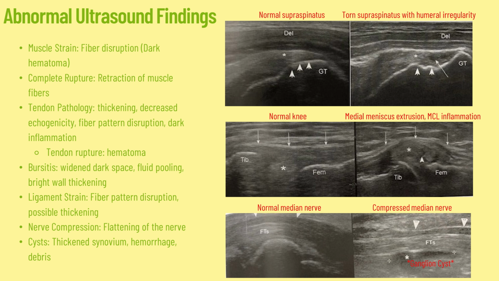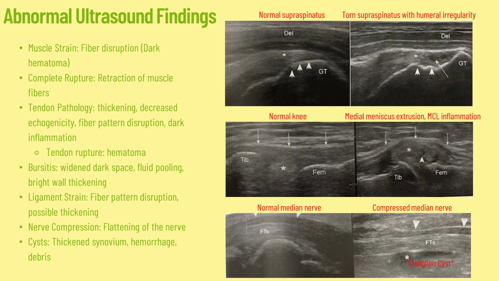And then lastly, we are going to look at the very bottom image here, and we have on the left a normal median nerve. So the nerve, again, in the median is going to be near the tendons. So it's going to appear as dark. All right, so we have that median nerve, nice, circular, has a lot of good space there,